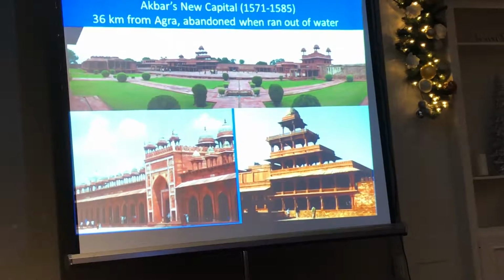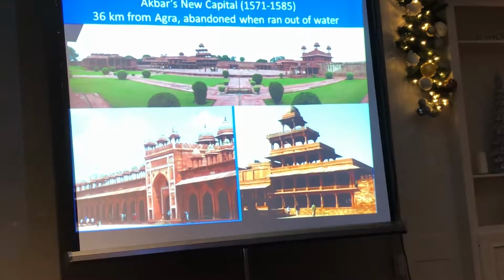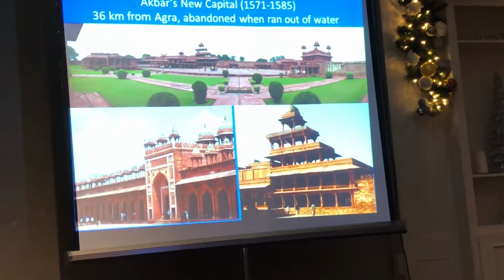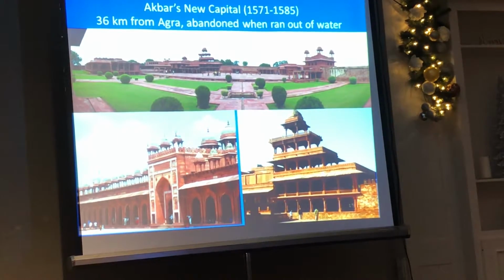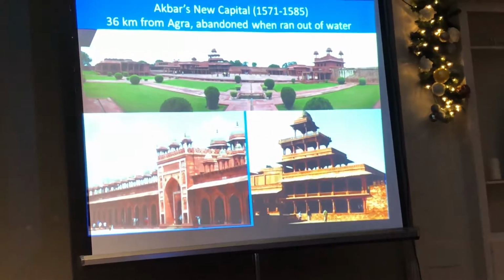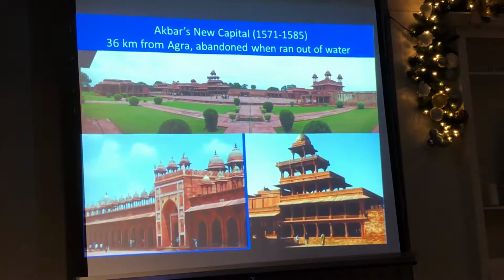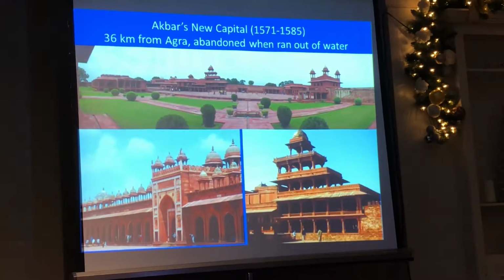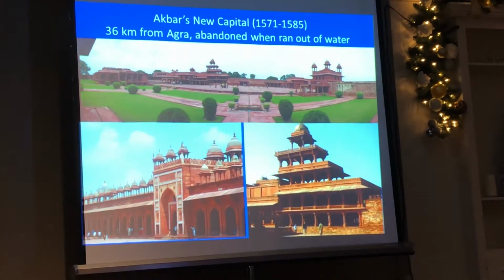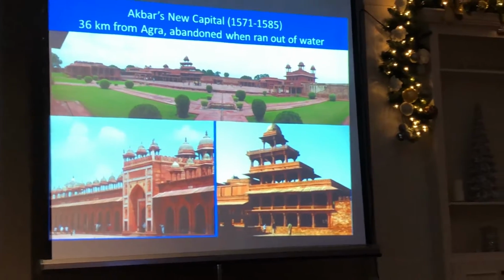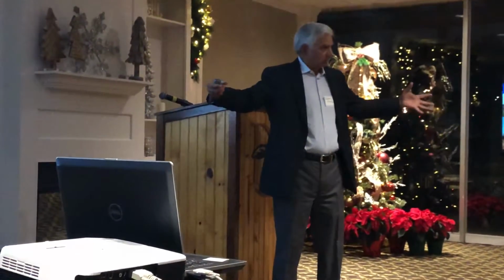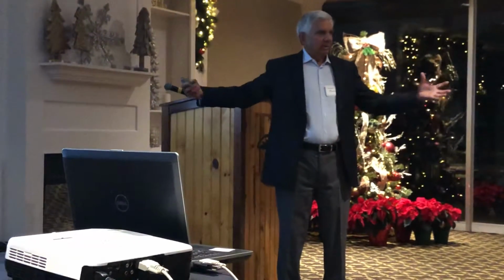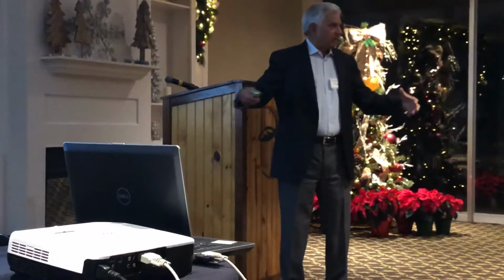And if you go there, it's a pretty impressive facility he built, but they ran out of water, and they had to move back to Agra. If you go there, all of that is preserved, but there was originally a smaller village and smaller settlement there before Akbar went there, but as soon as the emperor lives there, then all of a sudden big development, a lot of people move in, and then they found they couldn't get water, so they had to move away.